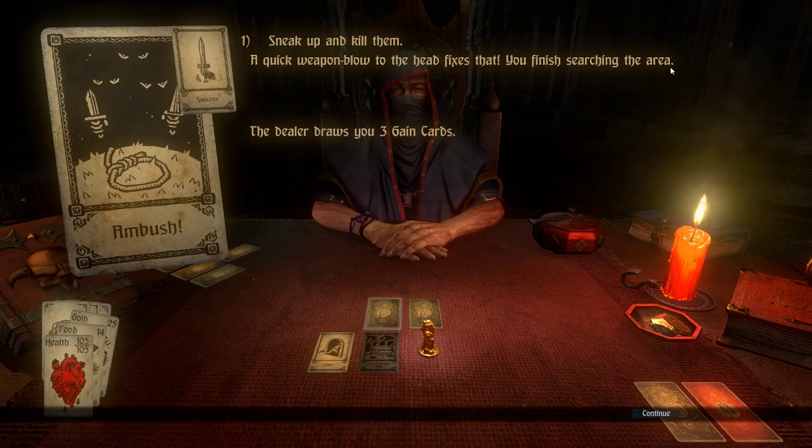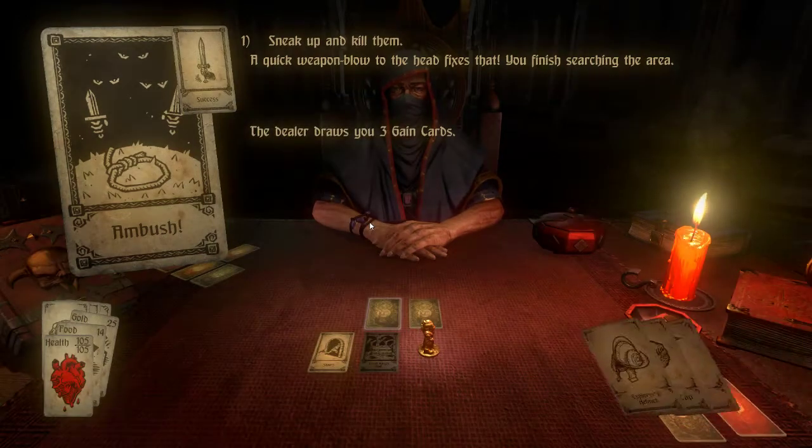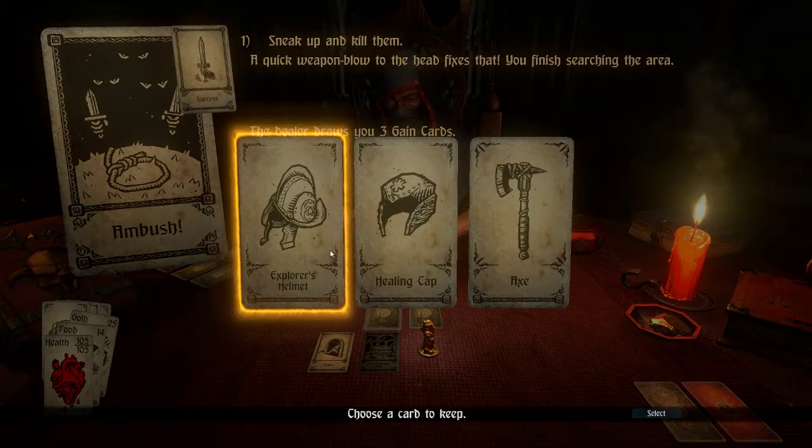And there we go, quick weapon blow to the head fixes that. So that lets us finish searching the area safely, and that gives us another 3 gain cards. So we draw 3 cards from the armory, and we can select one to keep, so we don't need the axe. We don't really need either of these helmets. So the explorer's helmet gave us...